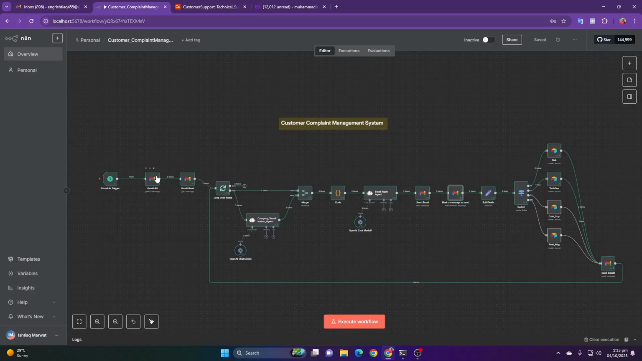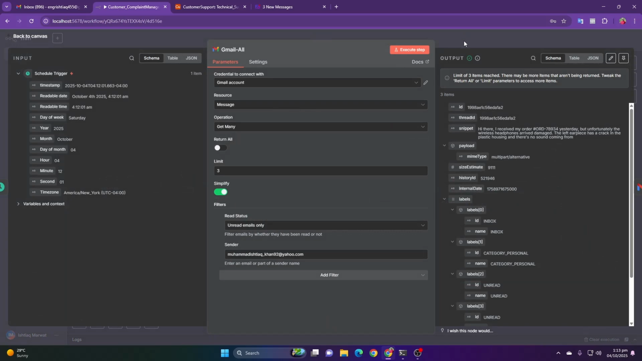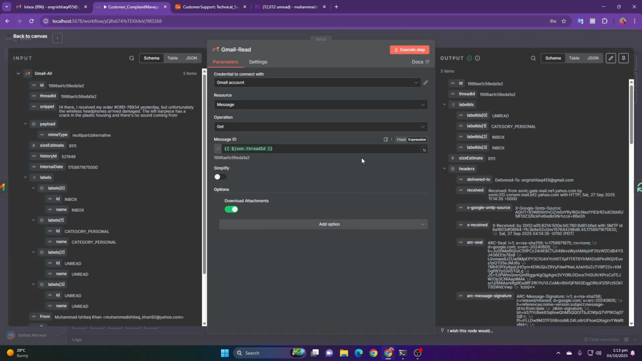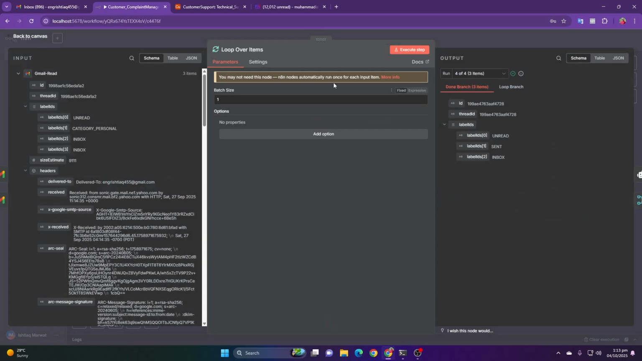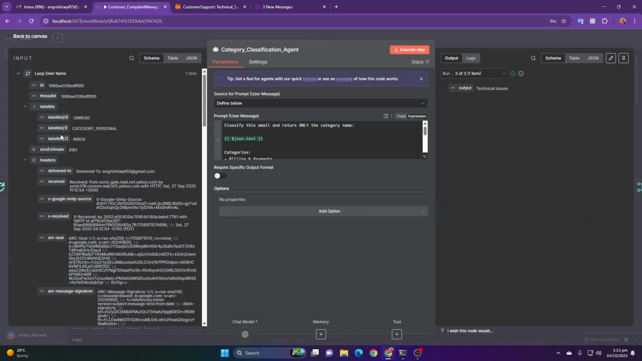And also let me show you how this process runs. This will read all the unread emails. It will only read unread emails, and it also downloads any attachments added to the email. Then this loop will run, and then this AI agent, the category classification agent, finds the category